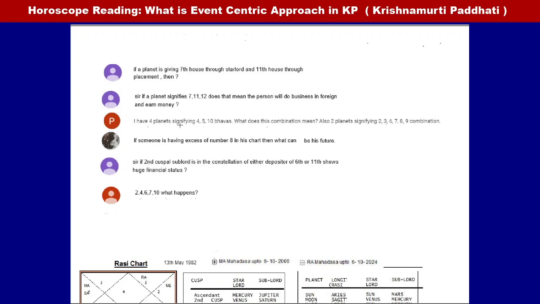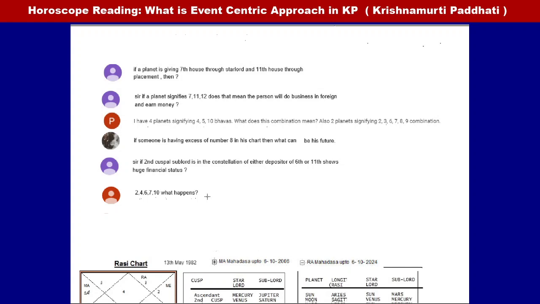I have four planets signifying 4, 5, 10 bhavas. What does this combination mean? Also, two planets signifying 2, 3, 6, 7, 8, 9 combination. Let's look at another question. 2, 4, 6, 7, 10. What happens? So basically the user is asking that if in a horoscope this kind of a grouping is appearing, 2, 4, 6, 7, 10, then what kind of event it could